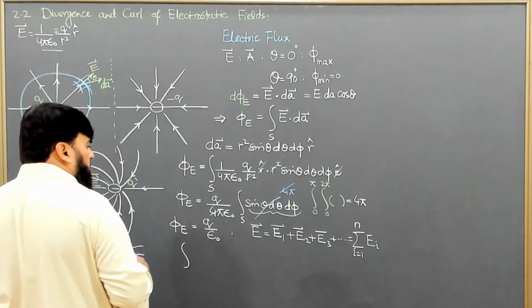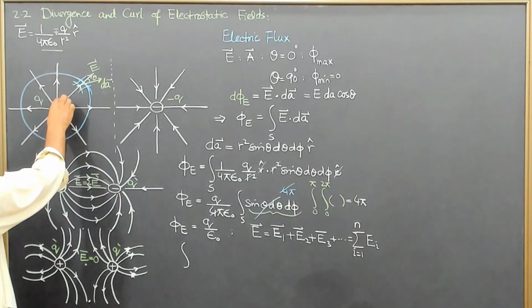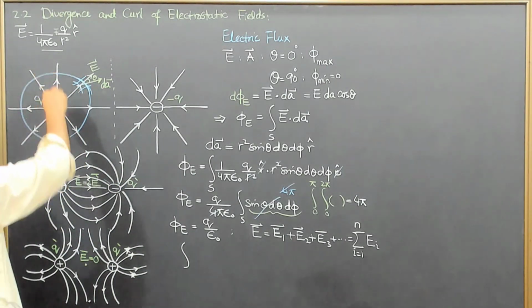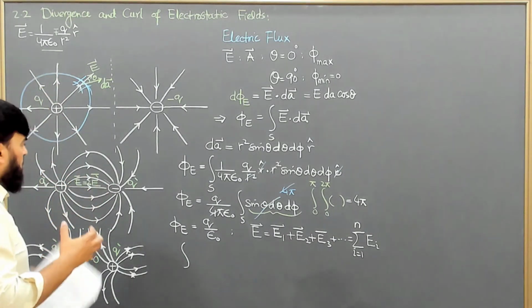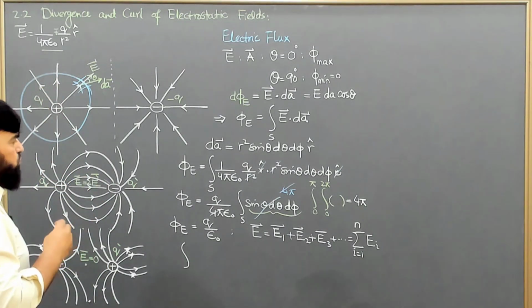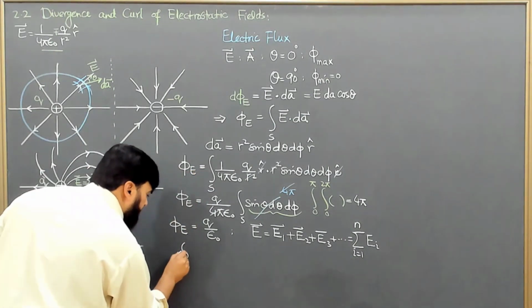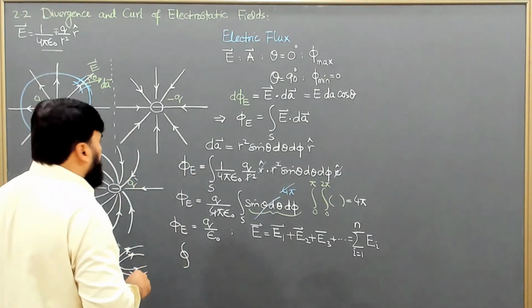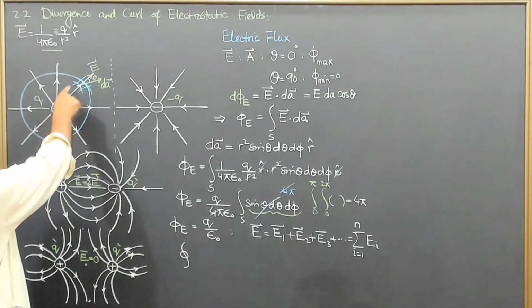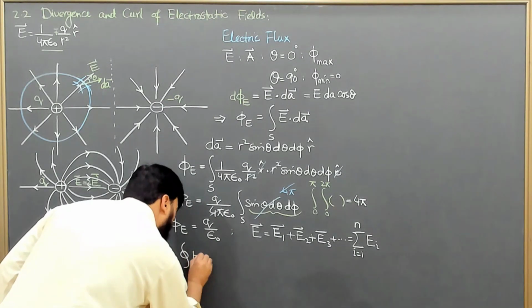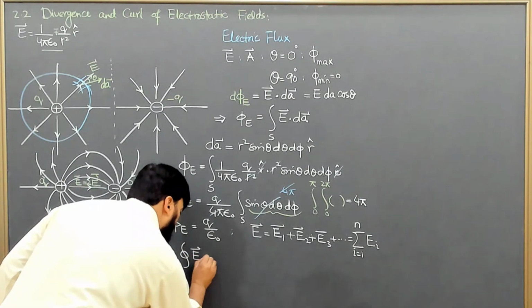Now if there are many charges, the sphere that we are considering encloses all the charges, and this makes the surface integral a closed surface integral, because it shouldn't leave out the contribution of any charge, and we will write that this is E dot dA,